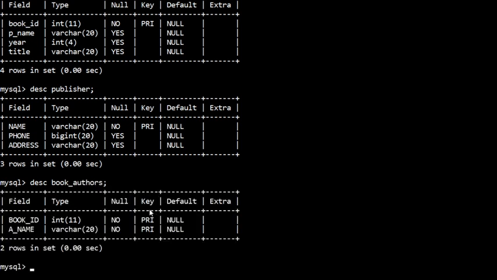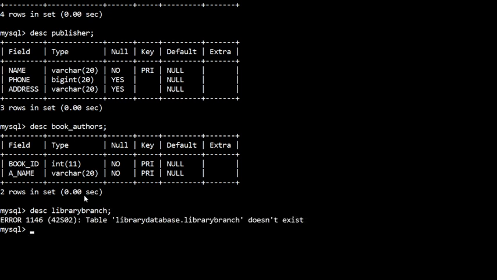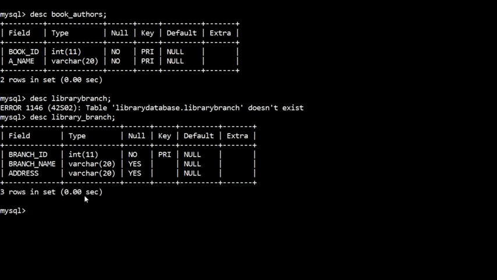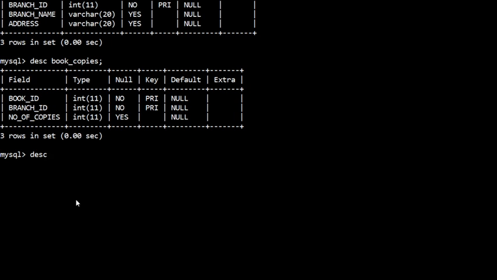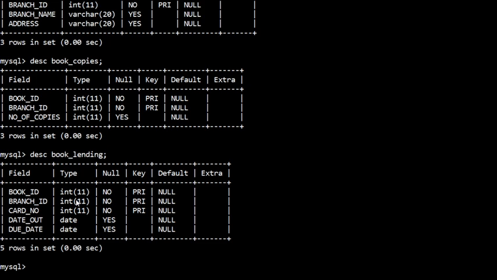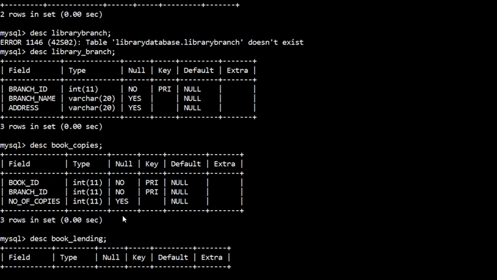The book authors table has only 2 attributes: book ID and author name. Then the next one is library branch, and book copies and book lending. So these are the different tables which are there in the library database.